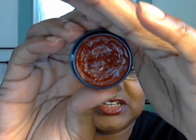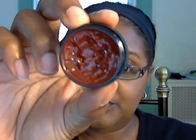And this is Ripe, people. It's actually a little darker than that. Well, actually, no, because the light is hitting it, so it's perfect. This is Ripe. Thick and sticks to your lips. This is so damn thick. You have no idea. This is molasses thick, which I kind of like because